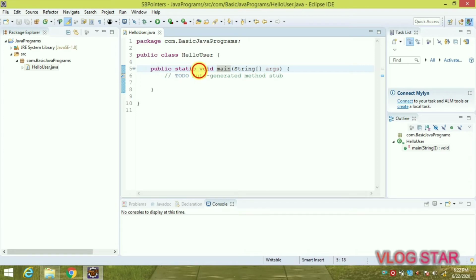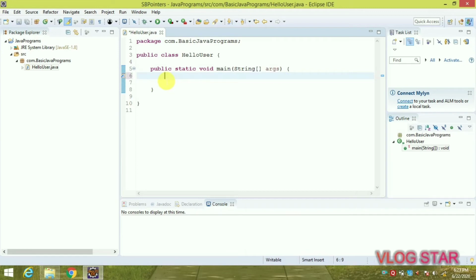Now this static. When Java runtime starts, the object of the class is not created, so we have to take static, so JVM can load the class in memory and can call the main method. Now the void. Void is the return type of our main method. As our main method doesn't return anything, we have to keep it as void. Now this is main, which is the name of our method from which our program starts execution. Now this String args, as the main method accepts only a single argument of type string array. Now we can start our program from here.